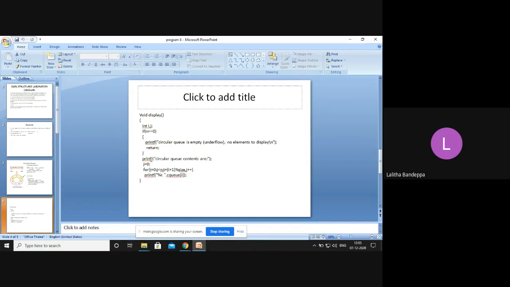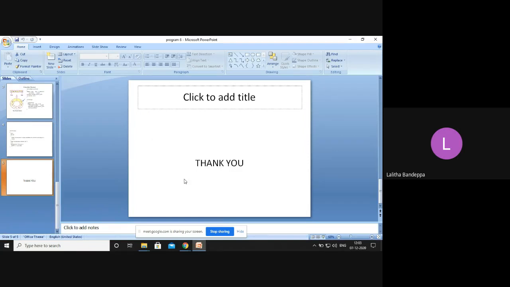Otherwise, we have to display all the contents of the circular queue. We will consider i and j, because we have front and rear, and we have to display from start to end. So we will use for i is equal to 0 and j less than n. And you have to find out the position for the i, that is your rear position. From there we will display, and we go on incrementing the j and we will display all the elements in our circular queue. Okay. So now we will see the program execution.